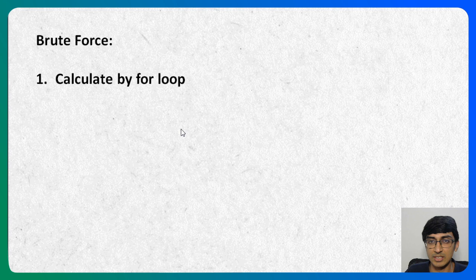And as I mentioned at the start, I did not need to show this brute force, but the only reason I showed it is when you have really, really big numbers, imagine there are going to be 10 raised to 5 test cases. For each of those 10 raised to 5, imagine if n itself is 10 raised to 5. So you're going to have 10 raised to 10 computations, right? Because for each n, you are doing a for loop up until the n value. And you're doing this for 10 raised to 5 test cases.